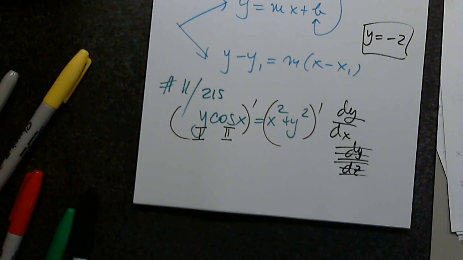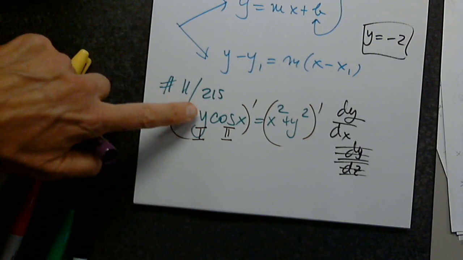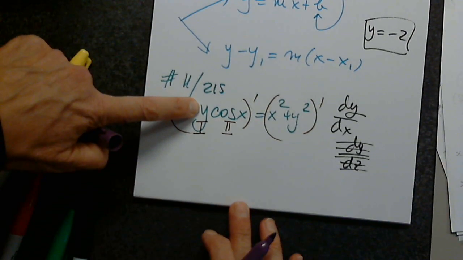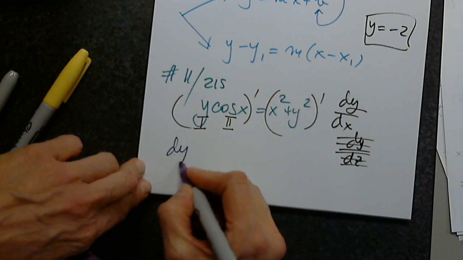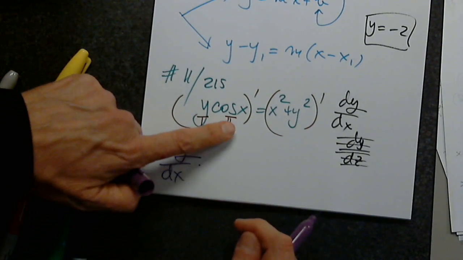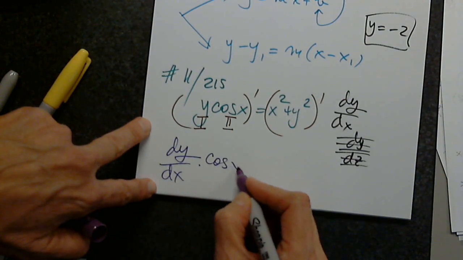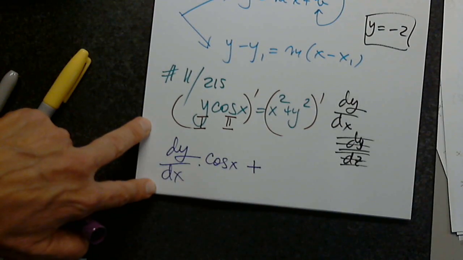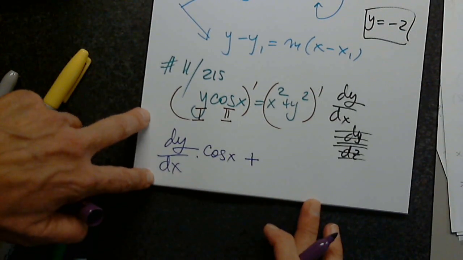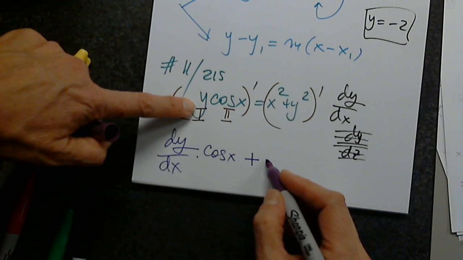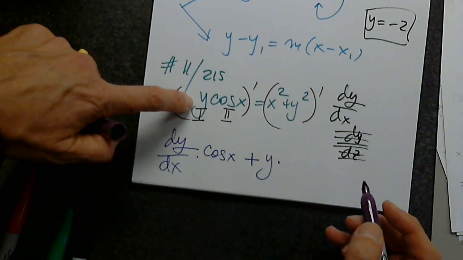First function prime, dy over dx, times the second function, plus y times